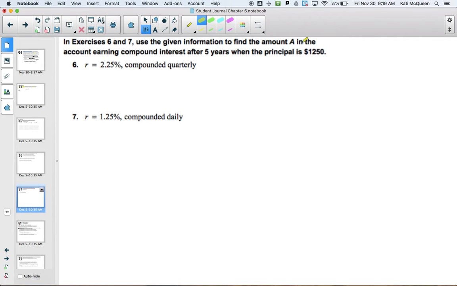So they want us to find the given amount in the account earning compound interest after 5 years when the principal is $1250, and then they give us specific information for the two different problems. So all I'm doing here is filling in that formula. So I want to find A. So looking back at that formula, A equals P, so 1250 times 1 plus R. So 2.25%. So I have to move that decimal place over 2. So that's going to be 0.0225